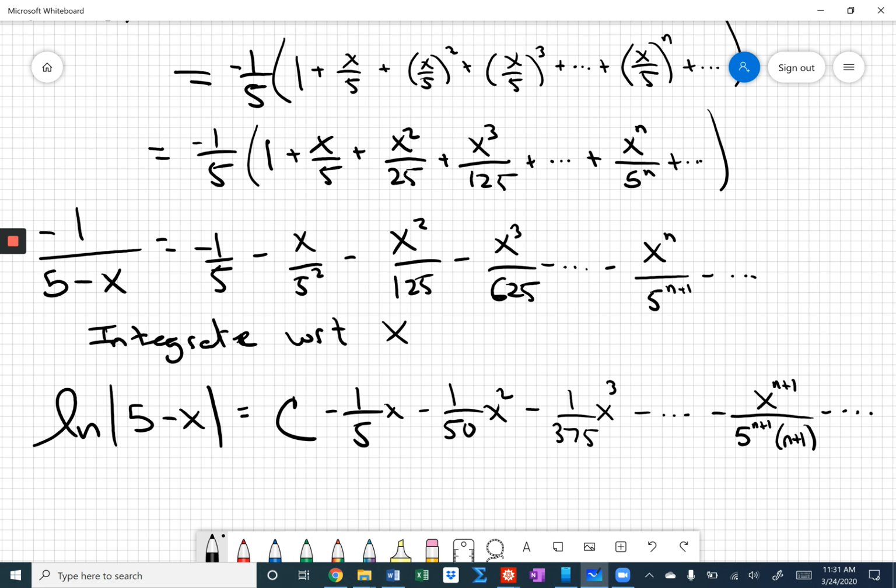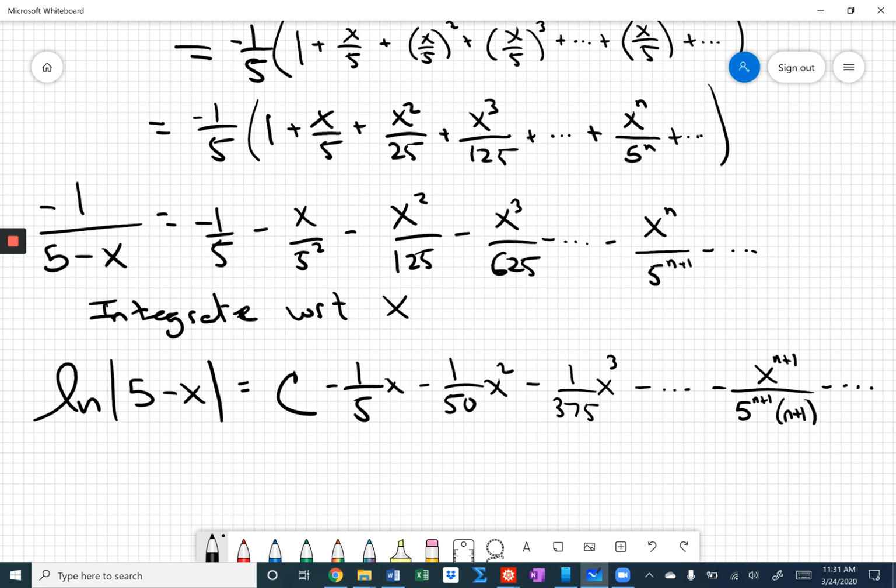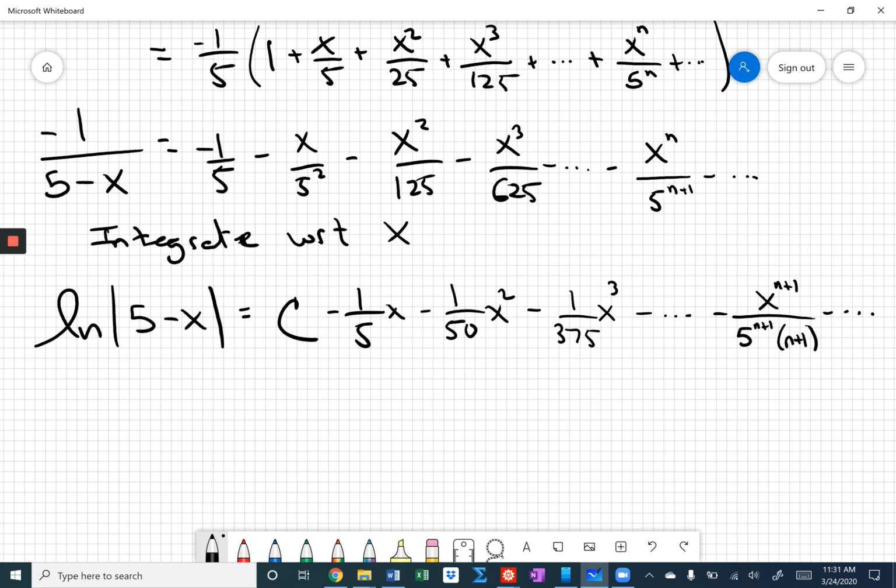Well, the radius of convergence is going to be the same. Remember, it doesn't change upon applying derivatives or antiderivatives to the original power series. So if we go back up